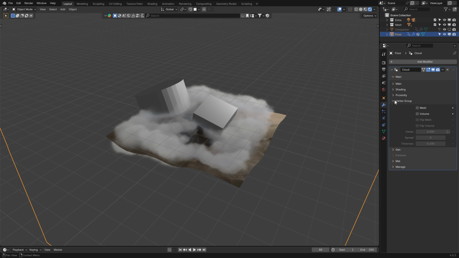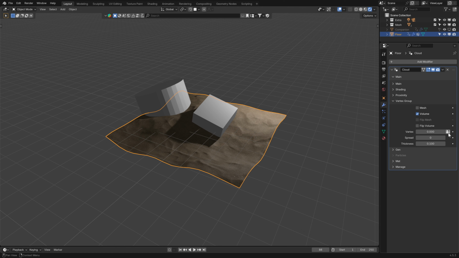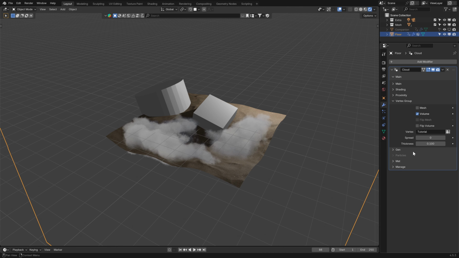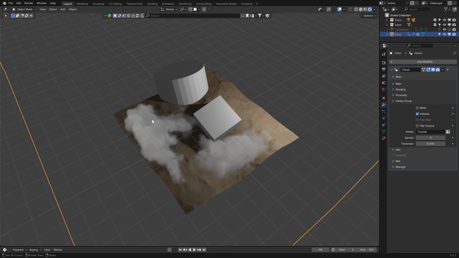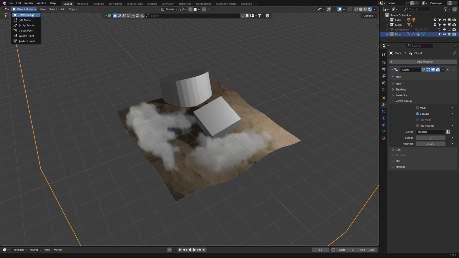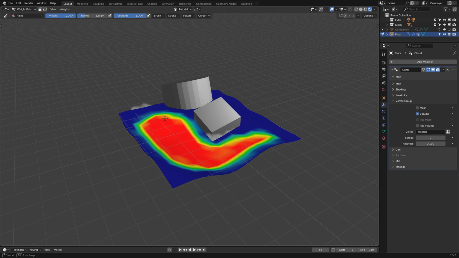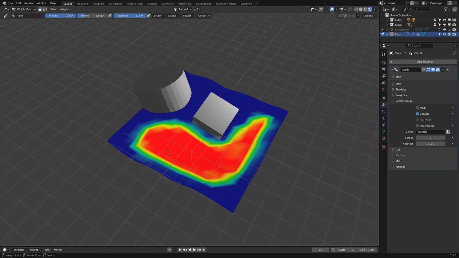In the vertex group panel, enable volume, and now click here, and now you can see you have the group here. You can select the group, and as you can see, the volume now applies only on this section, this area.